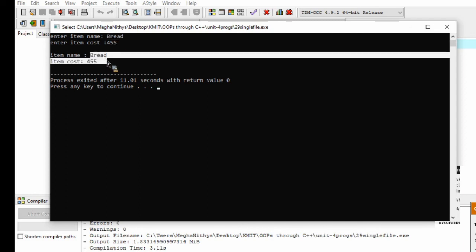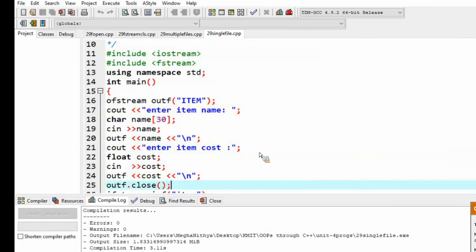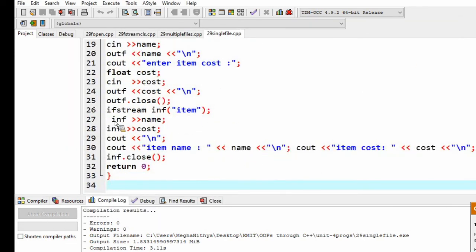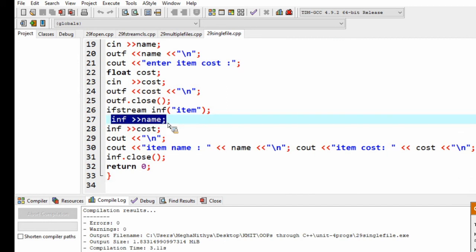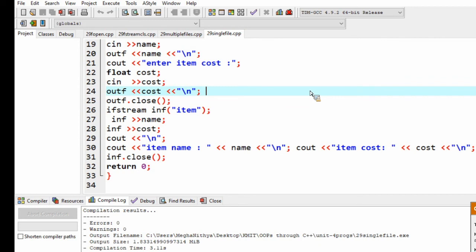In case you want to read, it is read by using infile with the greater than symbol. Is this clear? You can see here once again, we are reading, so we are using input file with the greater than symbol. In case you are writing, we have the less than symbol. Is this clear?